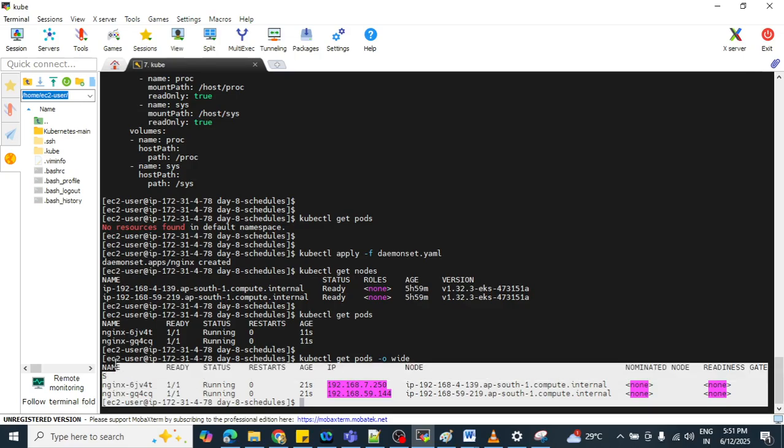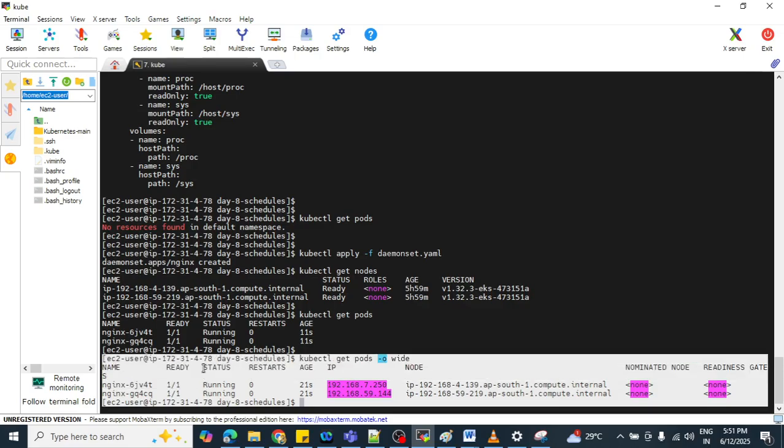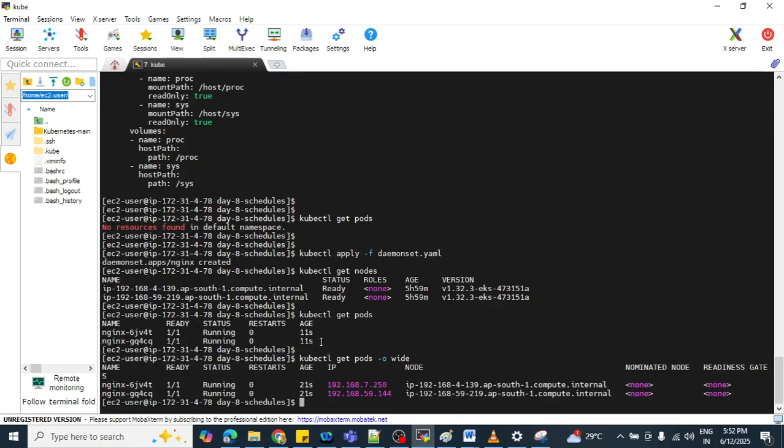Will the number of pods already running increase or not? The answer is, if we apply that YAML file again, then only it will increase, otherwise it is not going to increase here. I think it is very much clear.